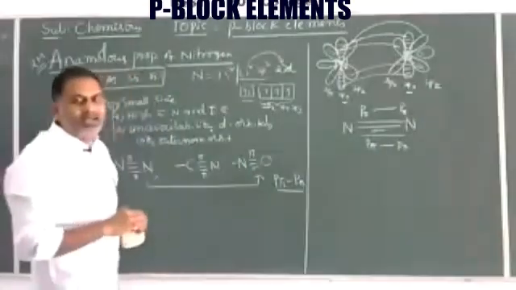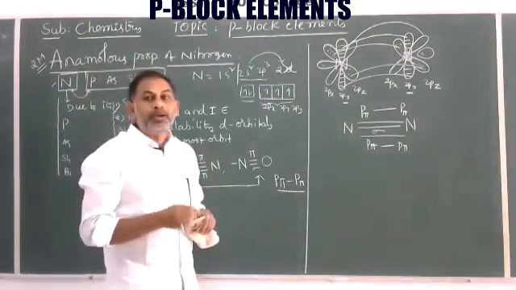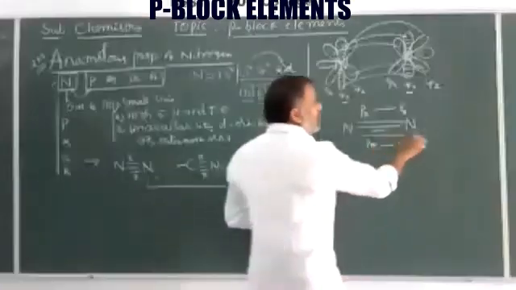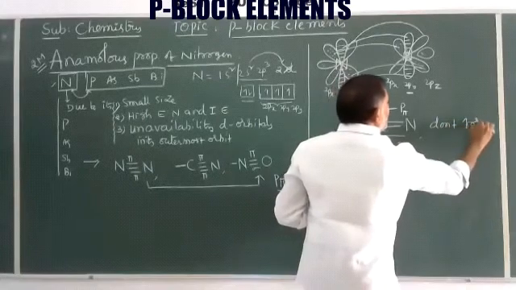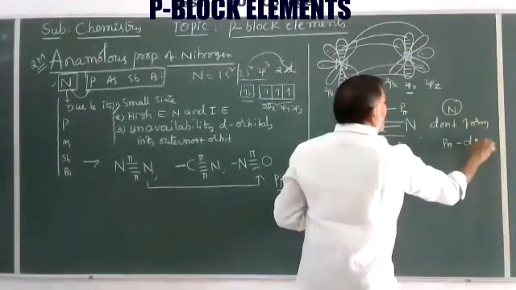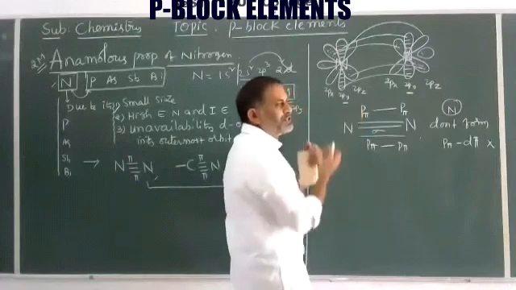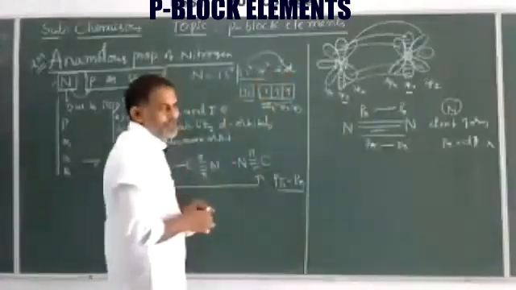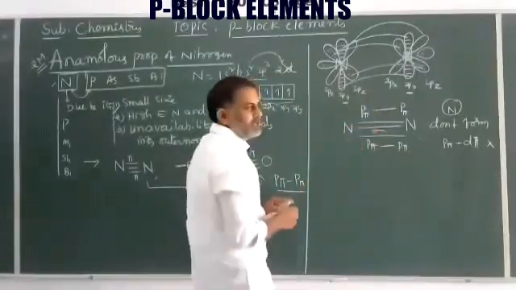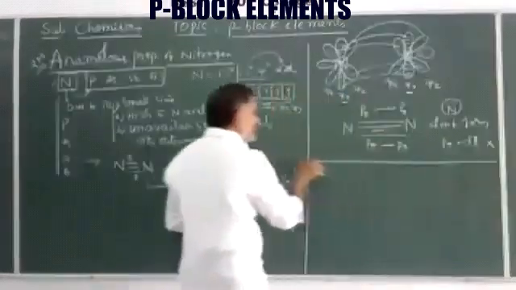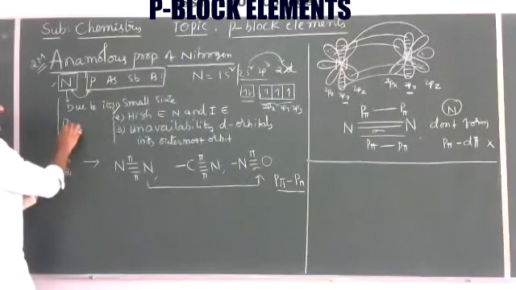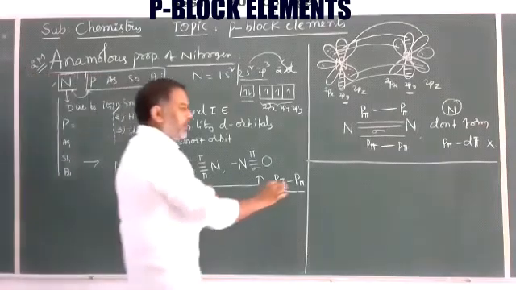P pi. One student asked in the previous class, sir, what about p pi and d pi bonds? Nitrogen does not form p pi and d pi bonds. Why does it not form? Because of the absence of a d orbital in its outermost orbit. In our previous class, when a student asked why sir it does not form, this is the reason, absence of d orbital. Whereas other elements like phosphorus, arsenic, antimony, bismuth, based on their electronic configuration, here phosphorus has atomic number 15,